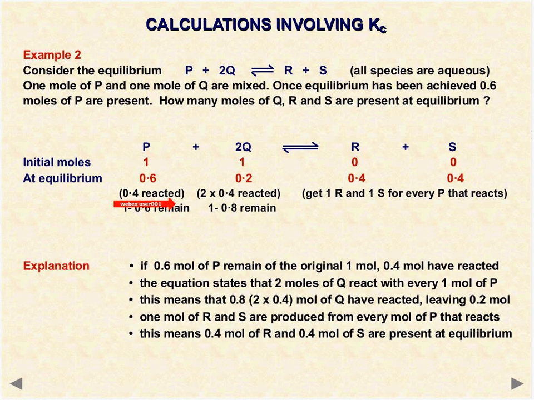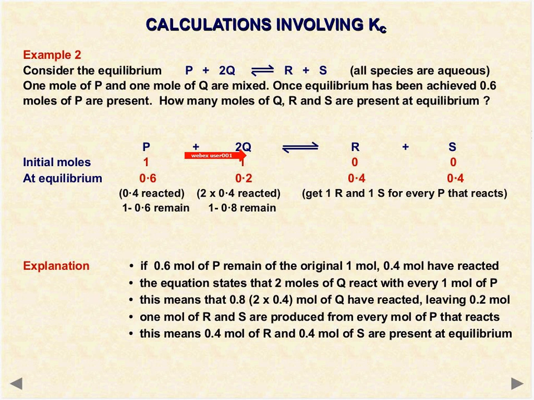So that is why I am saying 0.4 moles of P has reacted. Now, since 1 mole of this was present and 1 mole of this, if 0.4 P has reacted, then this ratio is 1 is to 2, right? Because there's 1 P and 2 Qs. Since P is to Q is 1 is to 2,